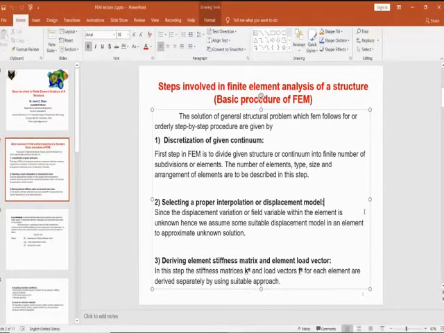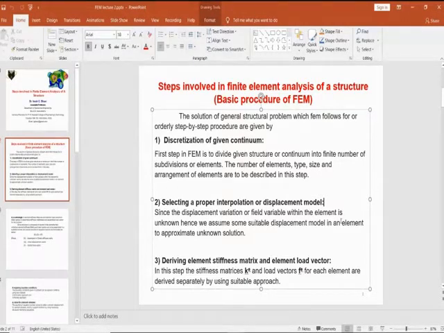For steel, it is 2 into 10 raised to 5 Newton per mm square. Then for aluminum, it is 0.7 into 10 raised to 5 Newton per mm square. For brass, it is 0.8 into 10 raised to, or 1 into 10 raised to 5 Newton per mm square. Like that, for different materials, different values of E are there. They define the strength of that material. If the E value is larger, the material is stronger and more elastic. For example, steel is stronger than aluminum, no? That is why steel has 2 into 10 raised to 5, whereas aluminum has 0.75 into 10 raised to 5 Newton per mm square.